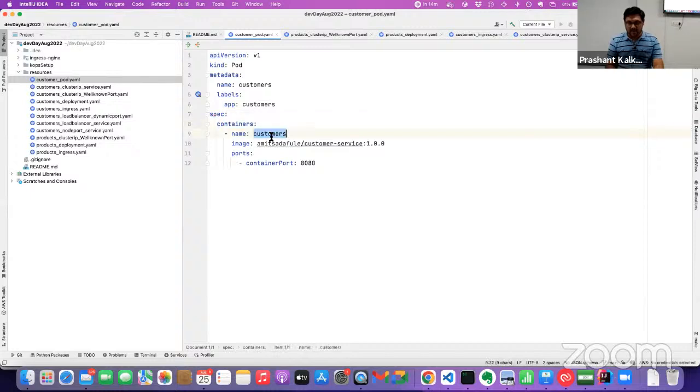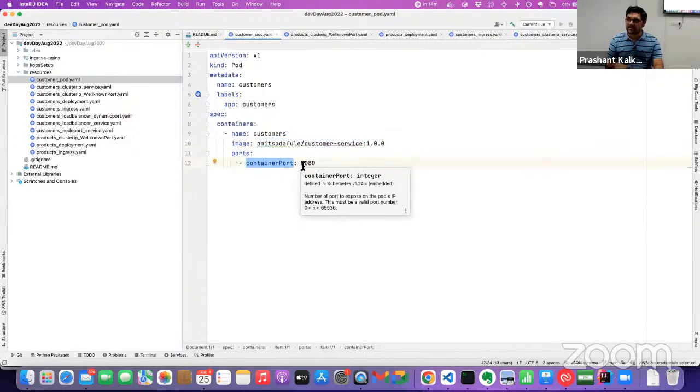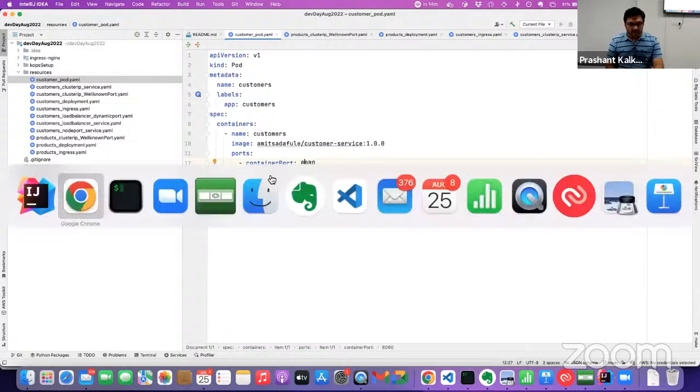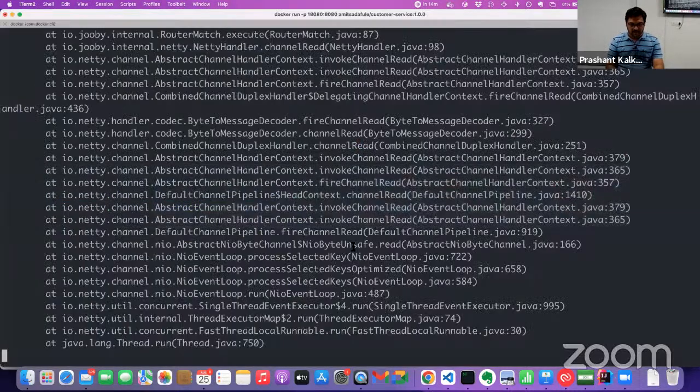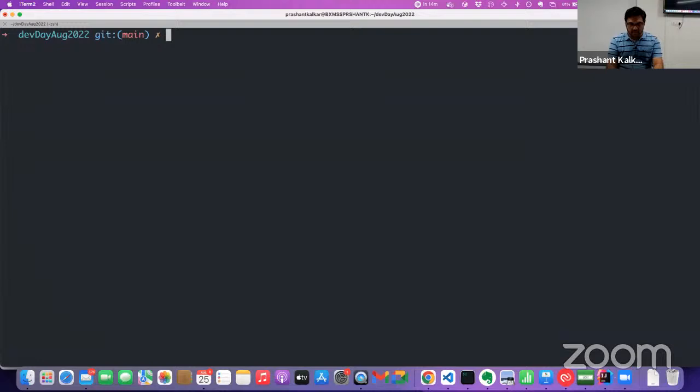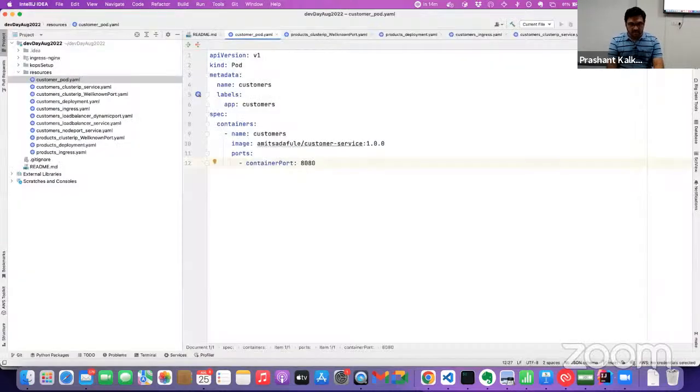I'm saying that the name of the container is customers. This is the image, and the port in which the application is running, that's the container port, is 8080. Okay, so 8080 is where the application is running. So let's do the same thing. So instead of running it on our local, let's actually run this against the